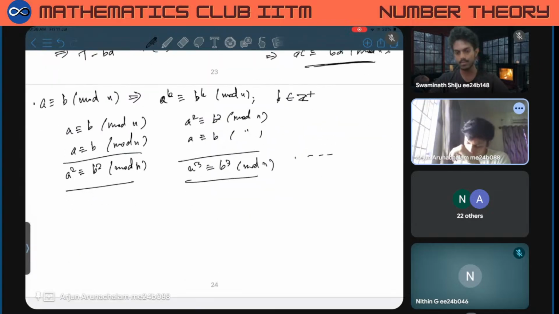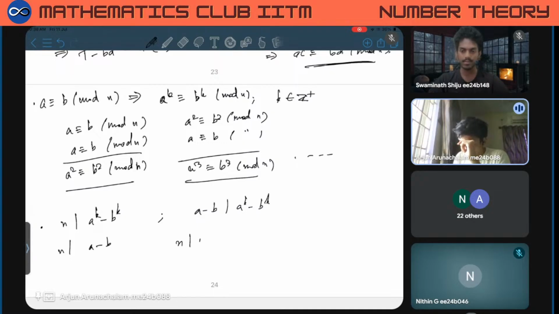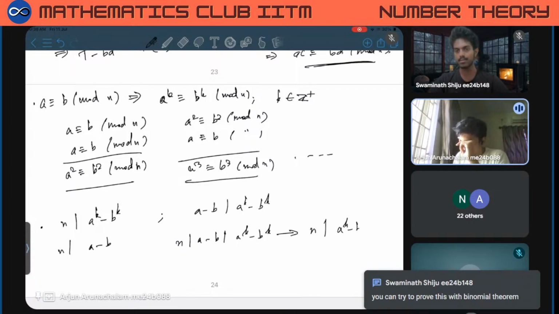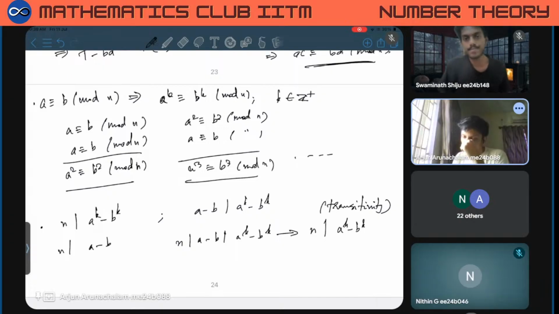You can also see that it's a cool way to observe that n divides A to the power k minus B to the power k, and then also divides A minus B. So generally we have learned that A minus B always divides A to the power k minus B to the power k, right? So if n divides A minus B, which in turn divides A to the power k minus B to the power k, it's only natural that n divides A to the power k minus B to the power k as well by transitivity. So yeah,